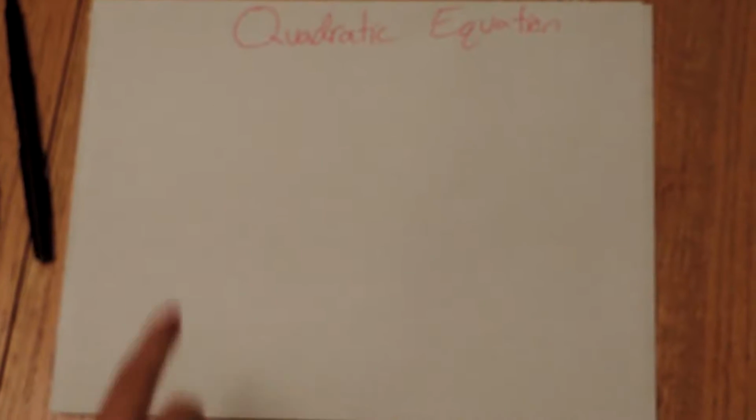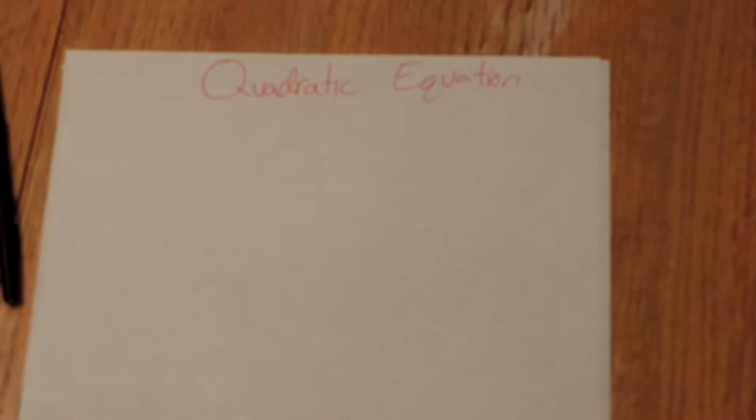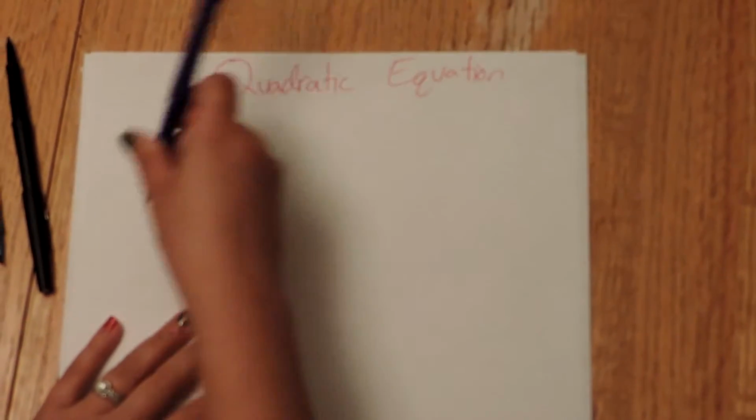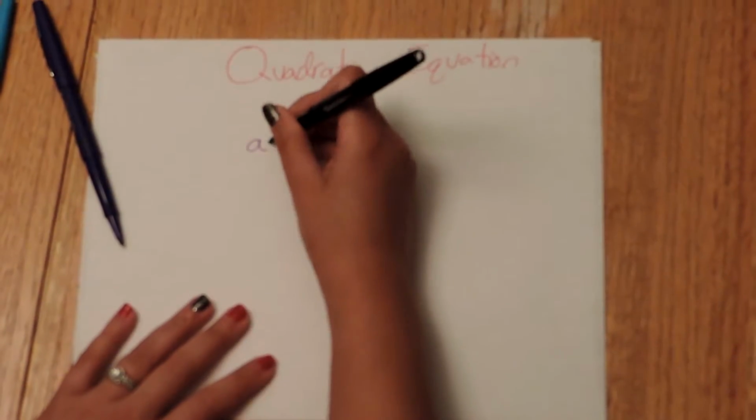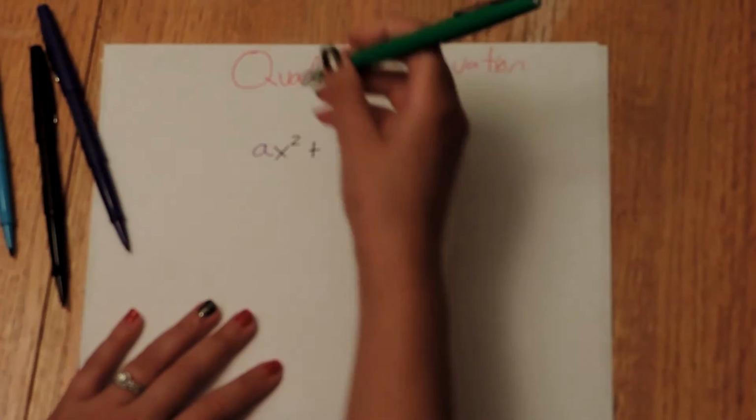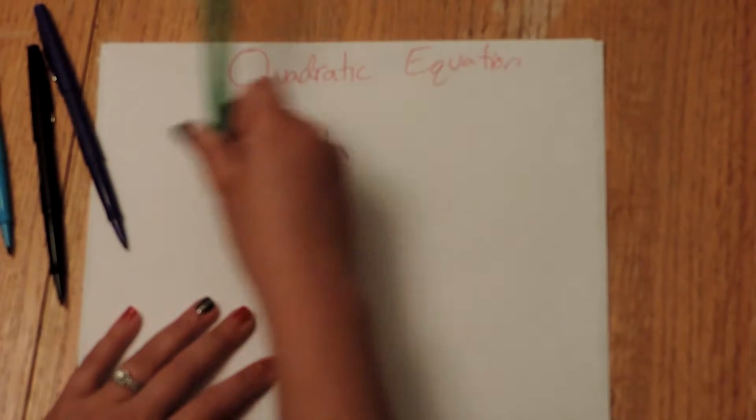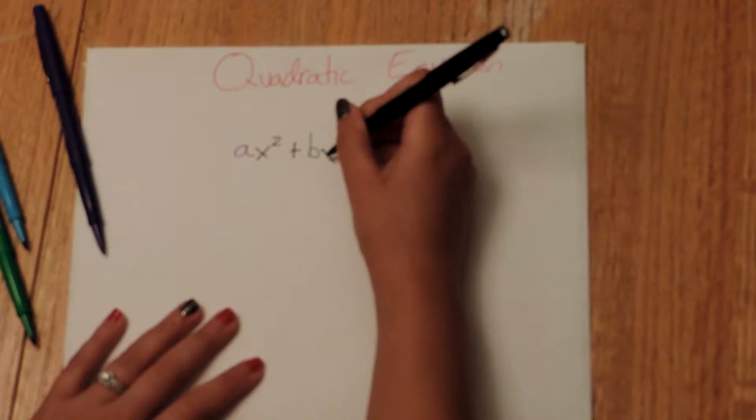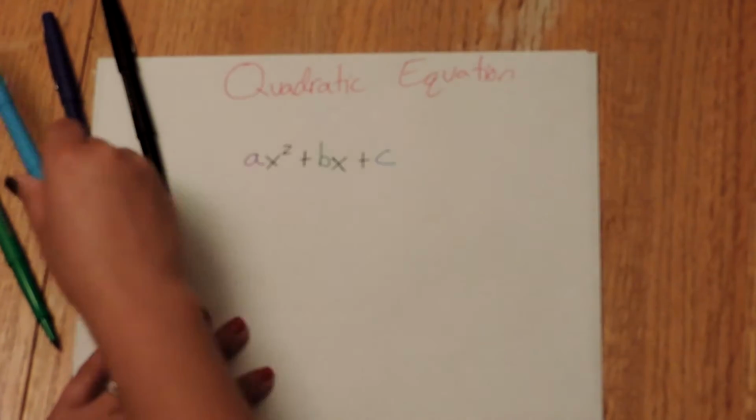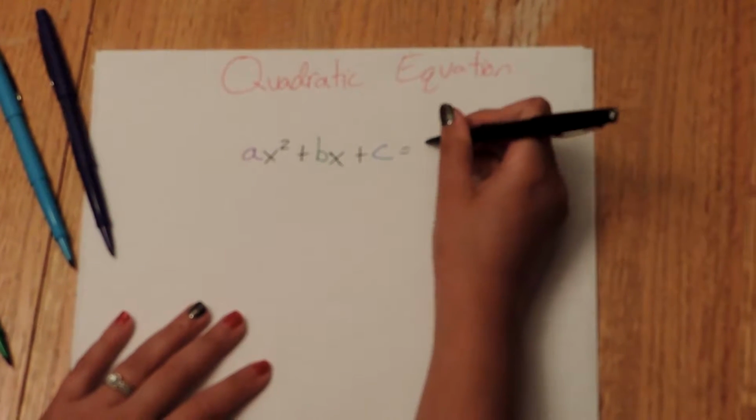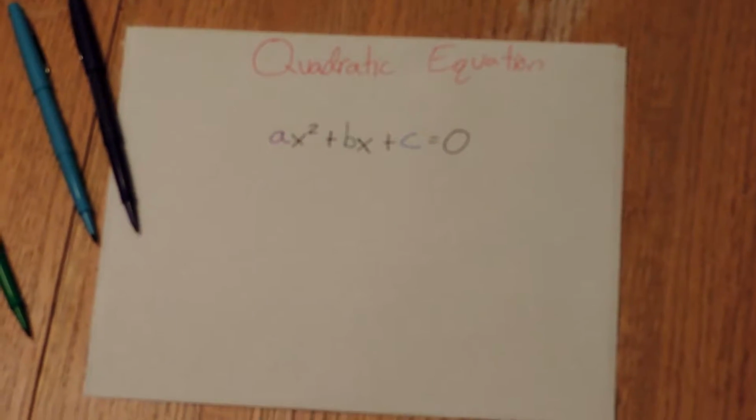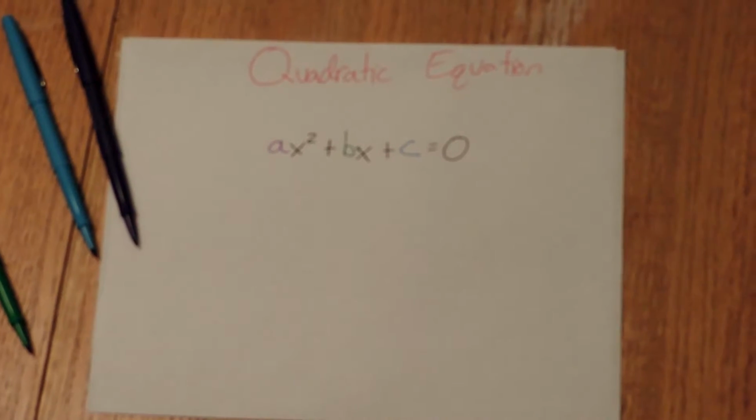Everyone, today we're going to learn about the quadratic equation. In standard form, the quadratic equation is ax squared plus bx plus c equals 0. So the formula we use to solve for all of this is